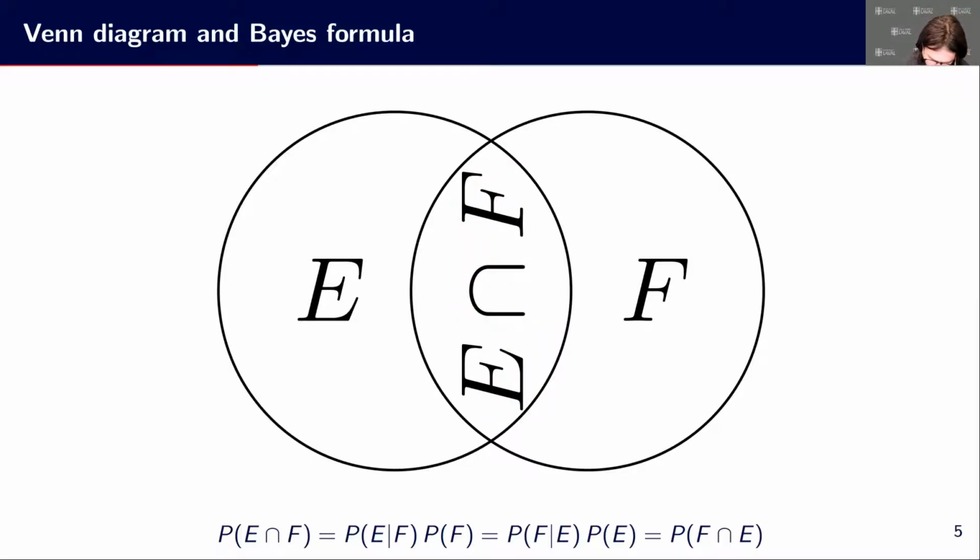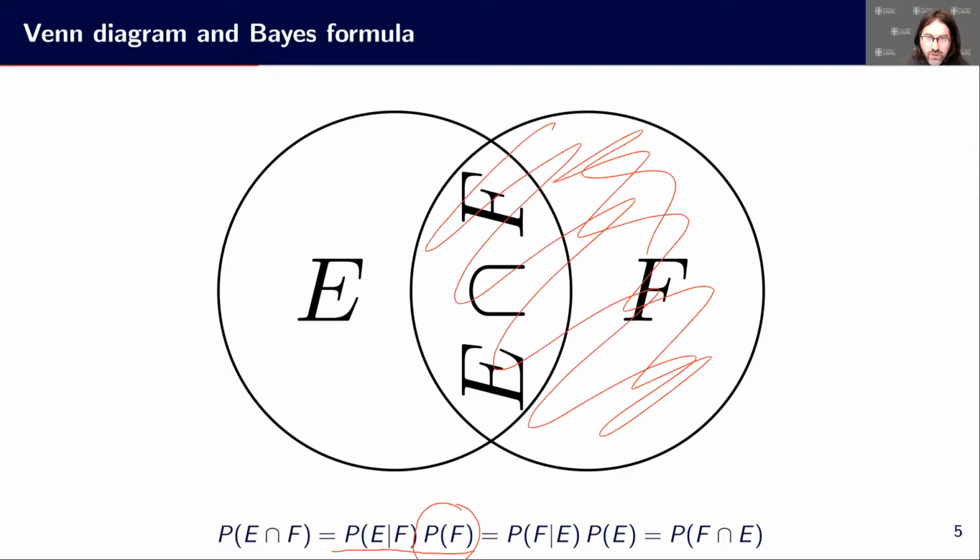Simply, we first look at what is the probability of getting F, which is the whole space of that circle. And then we say, given that we are in F, what is the probability of also being in E,